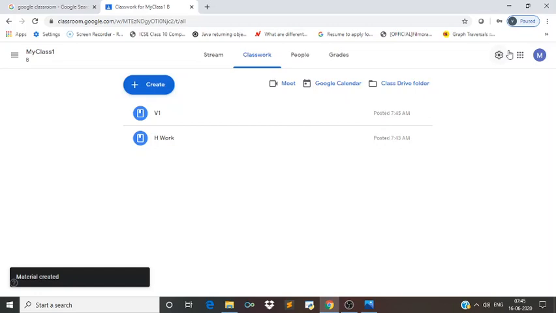Okay, so mainly these works are required to conduct a proper class. Okay, that is class creation, students invitation to the class, and second thing, assignment of some material to the student. Okay, after this, in next class I will explain you how can we create Google Forms and how can we conduct a virtual class using Google Meet.